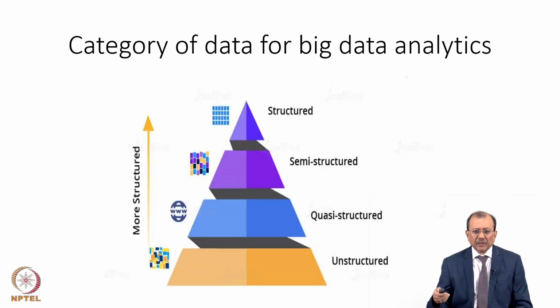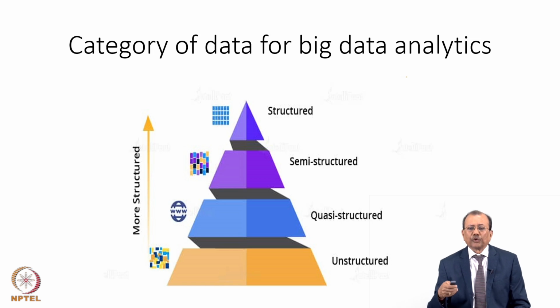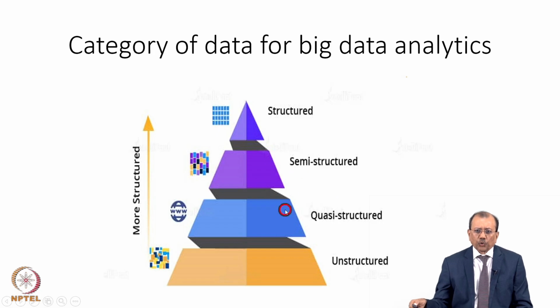This picture again shows, so what do you mean by big data? Big data is comprised of all sorts of structured, semi-structured, quasi-structured and unstructured data. So this slide gives a categorization. What is structured data, which you find in your Oracle database? What is semi-structured data, which you find in your data lake or Hadoop? Then quasi-structured data is data which is not structured or not only semi-structured. And what is unstructured data?